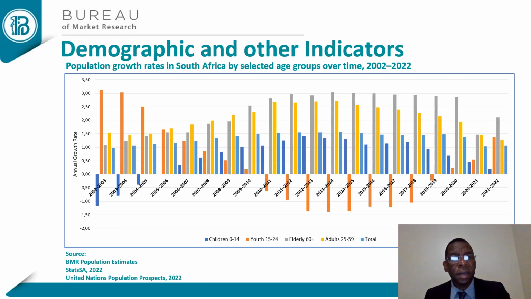This slide gives interesting data on population growth rates by selected age groups. We notice 3 key aspects, the first of which is that population growth rates have been generally on the decrease. And then number 2, the population growth rates associated with young people, and particularly over the last 3 years, have been on the increase. A similar trend is also observed for population growth rates for the aged population, that is the population aged 60 plus.